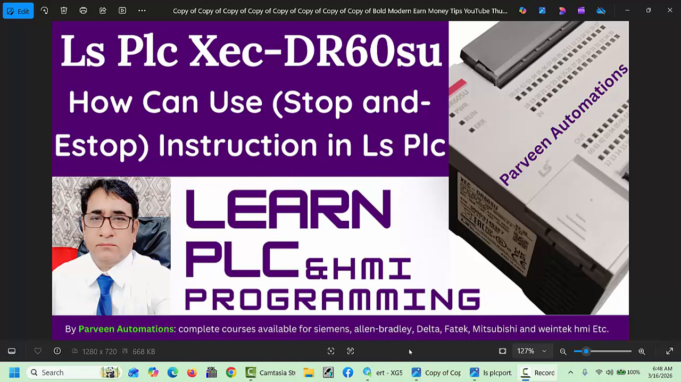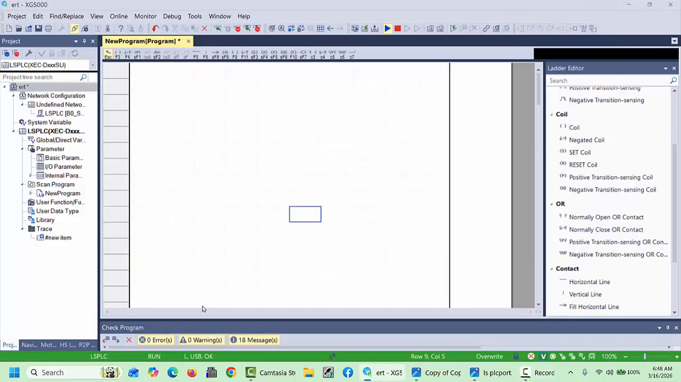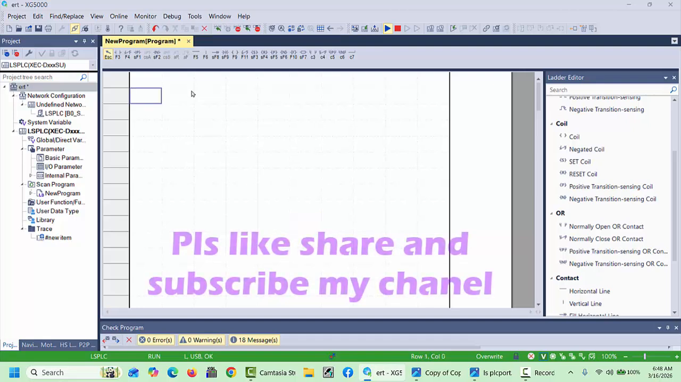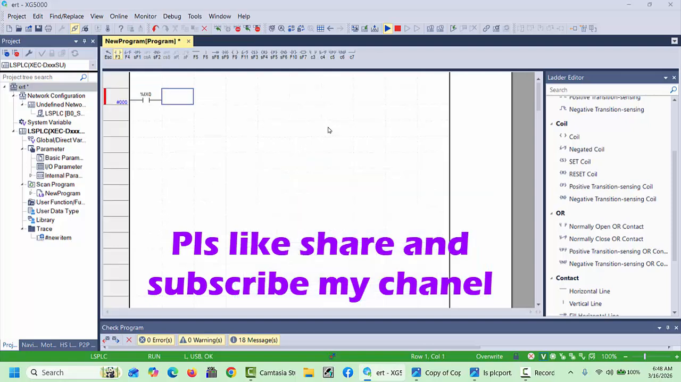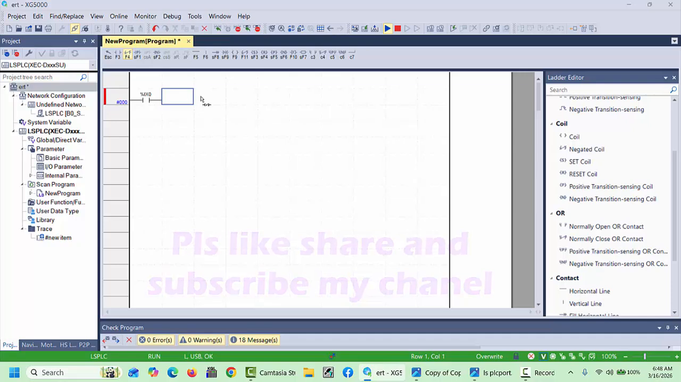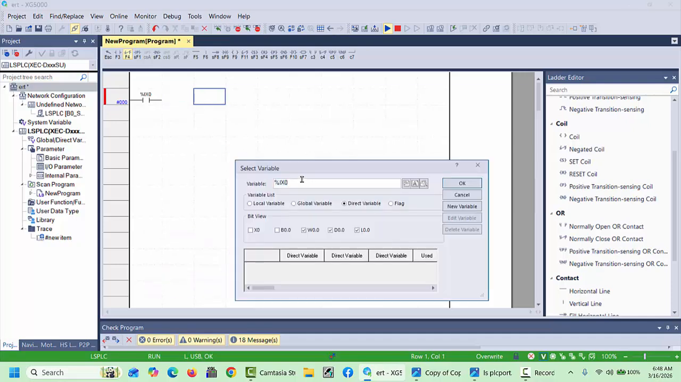So let's get started. First of all, we will open our XG5000 software. With a simple example, I will make one latch program where we will take the first input of our PLC, IX0, for example, and next we will take one closed contact of the second input of our PLC, IX1,